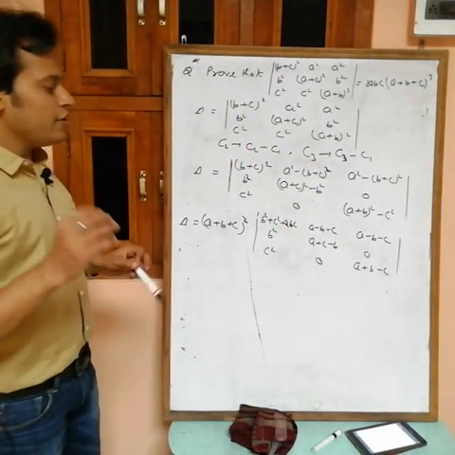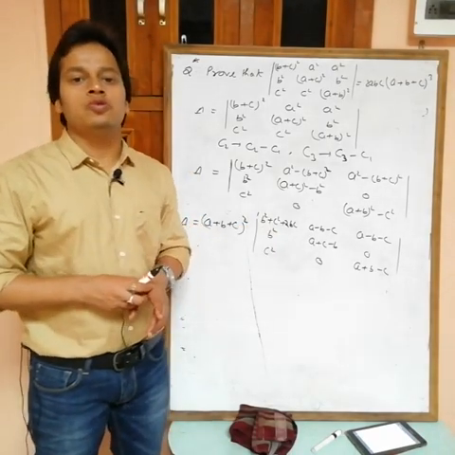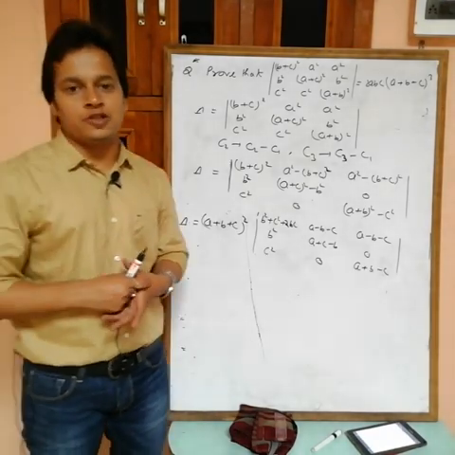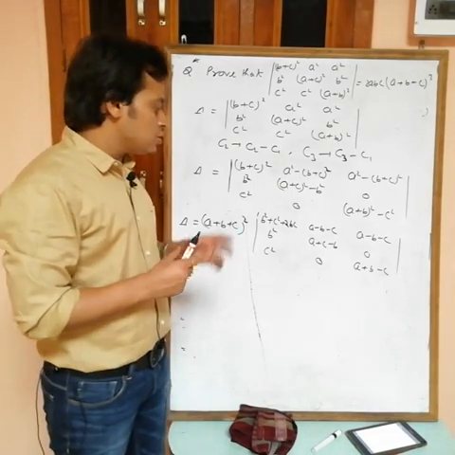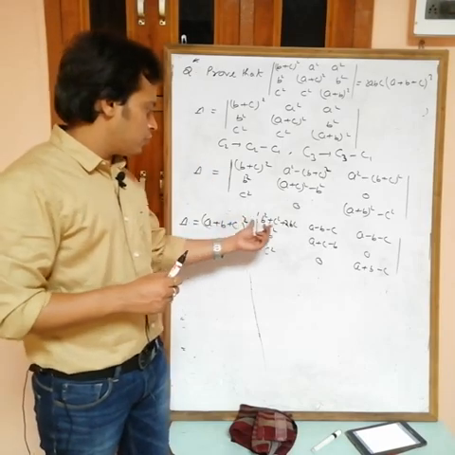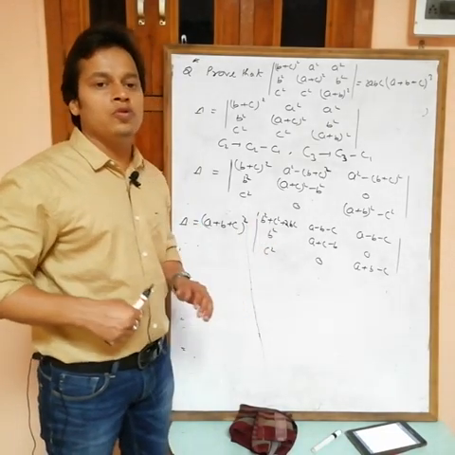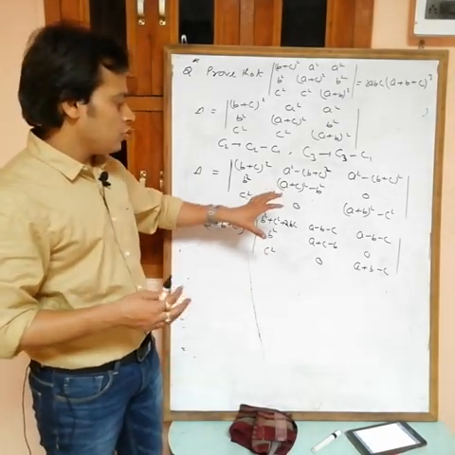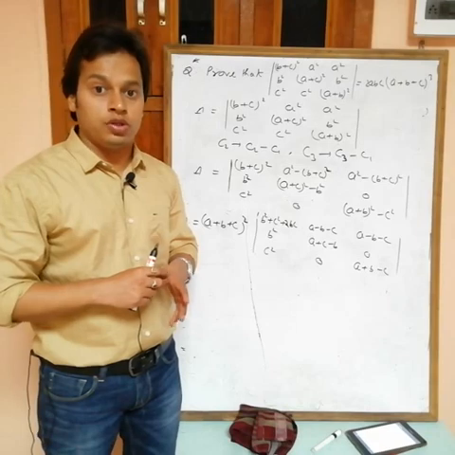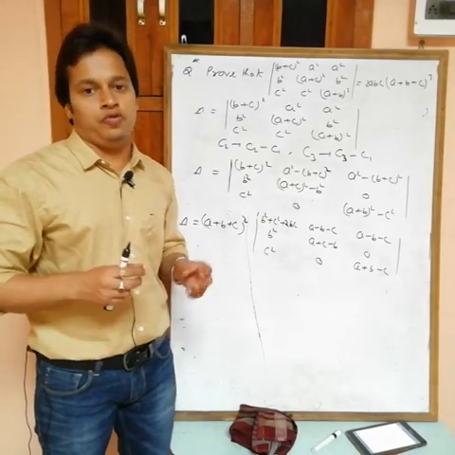Okay, now actually you can't expand. Before expanding, what do you want? We want two 0s in one row or in one column. Sometimes if you are getting only one 0 we can also expand. But that is when terms are in simple form, meaning only one or two elements, but here we have three elements. If you expand at this time, you can't make the factors of the expansion in this form. I had tried, but that goes lengthy. So we have to make two 0s in one row or one column.